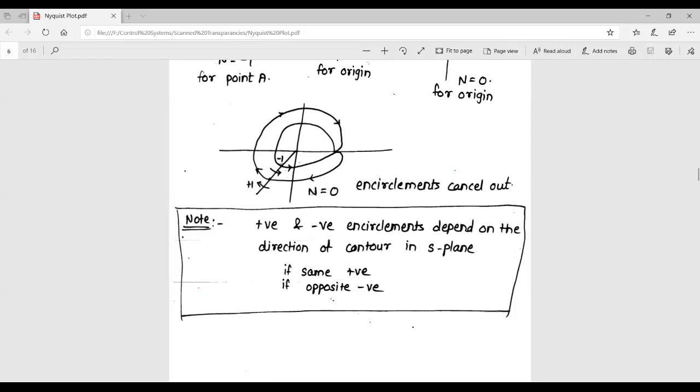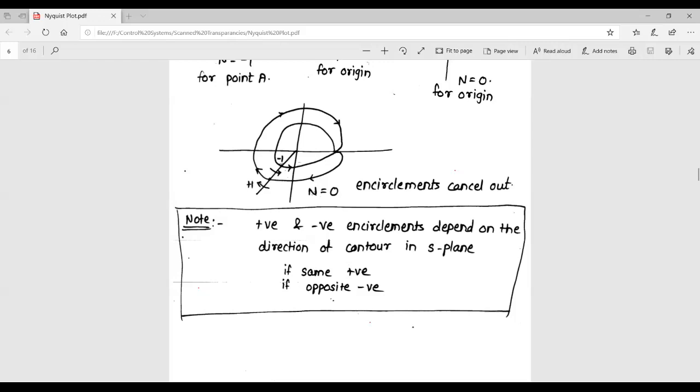If the function is non-analytic at some point of S, then we cannot plot it on f of S plane because the value becomes infinity, and that is why such values should be avoided. Later on, we discussed the contours, mapping contours. Similar to points, we can have contours as well, like closed paths. Each point on the closed path must have some finite value in f of S, so that contour must not pass through singularities. And similar to point mapping, we can have contour mapping as well.